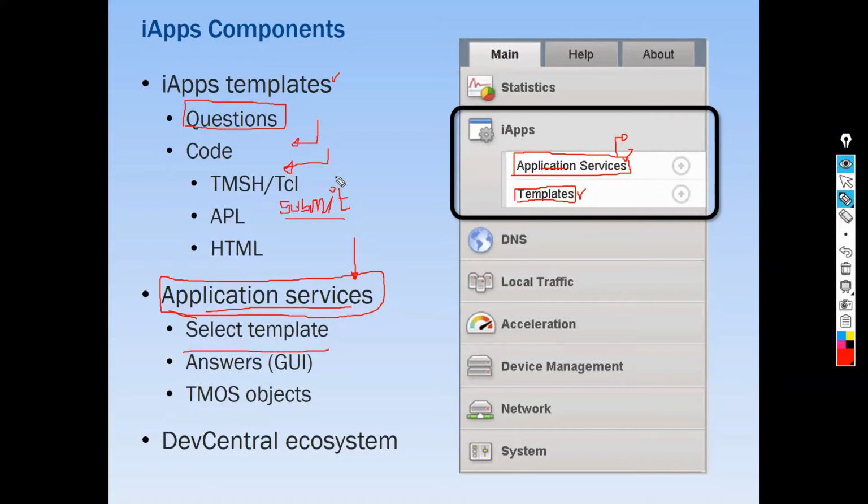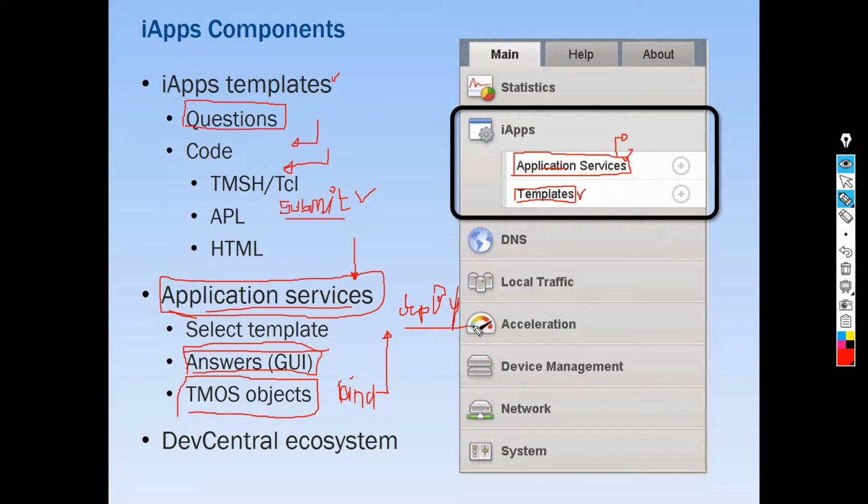So in order to deploy an application in application services, you have to select the template. After selecting the template, it will ask you questions. You will answer them in the GUI, and based on your answers, once you click on submit, FI itself will create the TMOS objects and bind them or map them accordingly so that your application will be deployed.